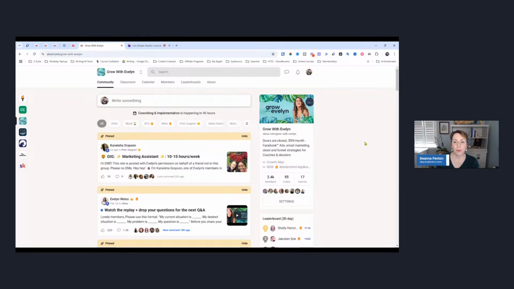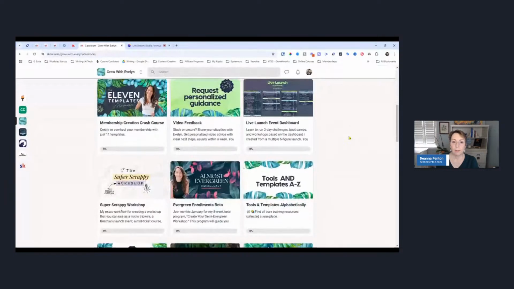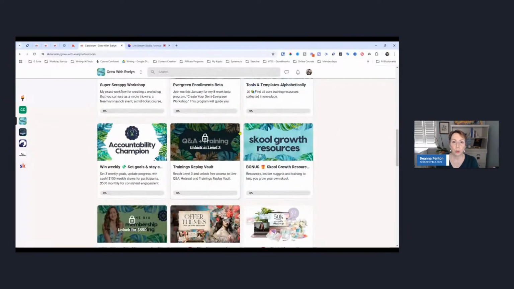So, if you have a lot of people on a monthly and a lot of people only join for a month or two and then they leave, your churn rate's pretty high. So anyway, this is what Evelyn did with her community. Now, here is how you incentivize people. There is a leaderboard,